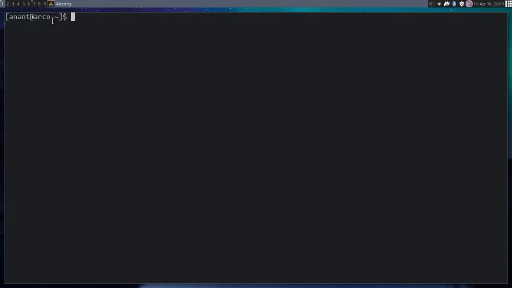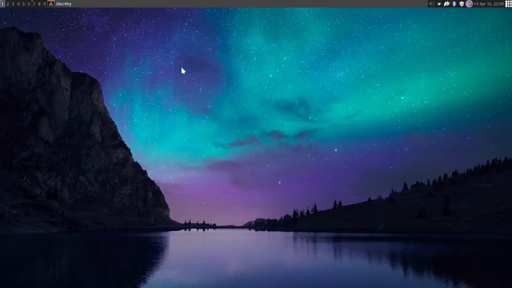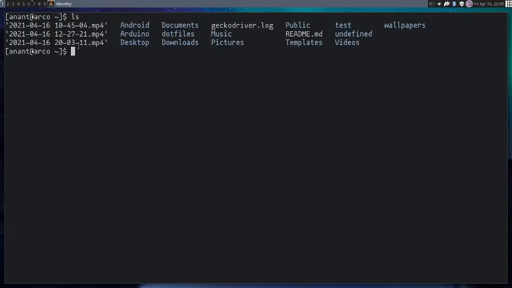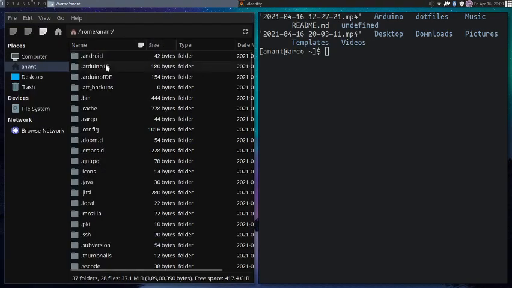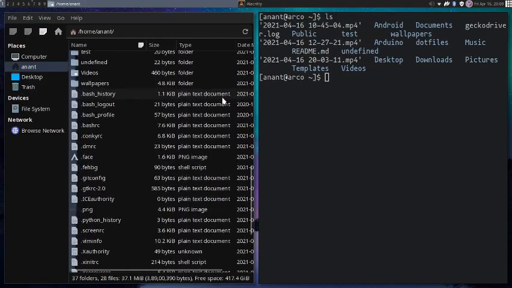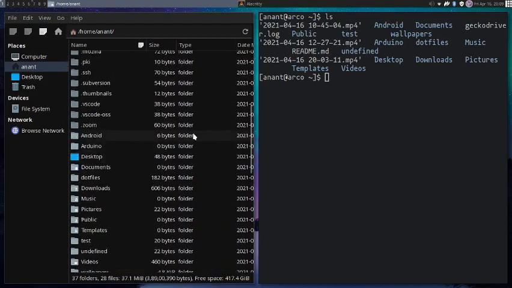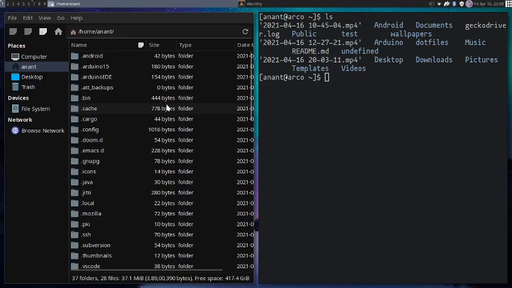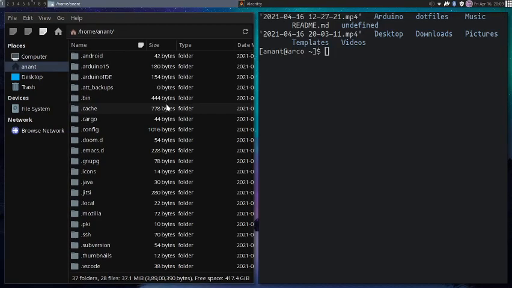So first of all, this is the terminal. Now we will do another command. I will do ls, but actually these are not all the complete files. If I open my basic file manager, you can see some of the files which actually start with a dot symbol. You might not see them because they're hidden. If you press Control H, which works in most file managers installed in Linux, you can see files which start with a dot.